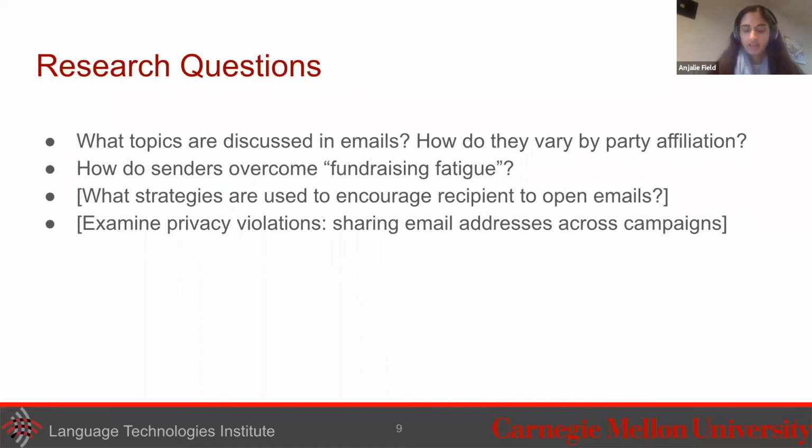And there's a lot that you could do with this data set, and this is something that I think is kind of exciting, that there's a lot of potential here that's sort of untapped. These are some of the questions that they look at in the paper that they've released so far on this data. I'm not going to go through all of them. I'm just going to look at the first two, which is: what are the topics discussed in these emails, and what strategies do these emails use to encourage people to donate and to do fundraising?